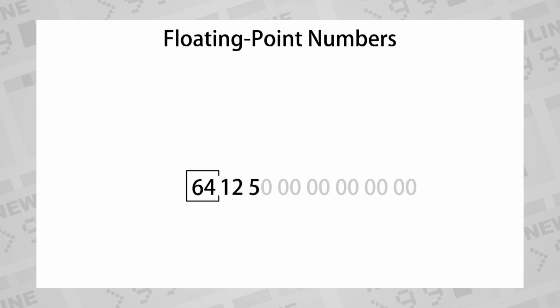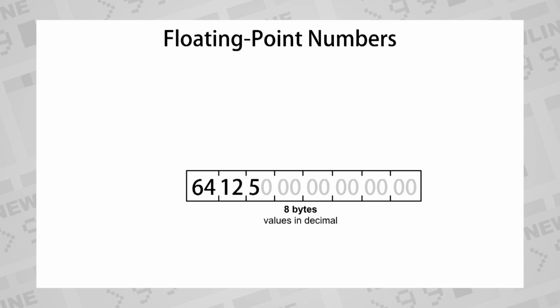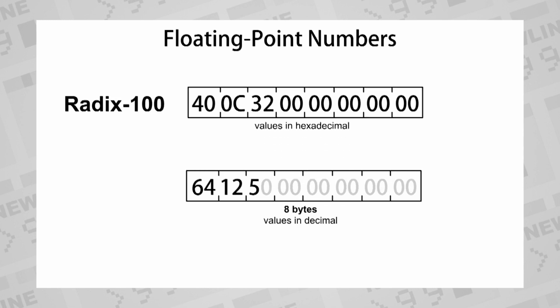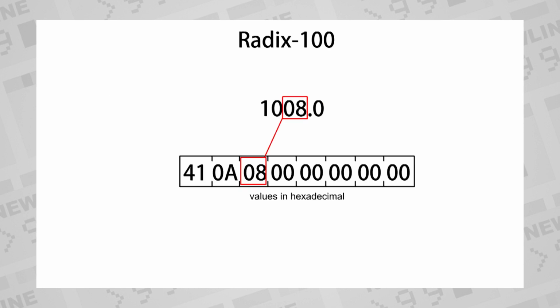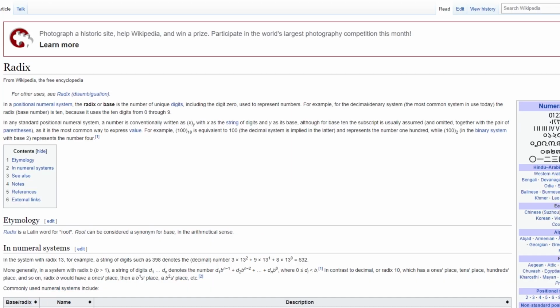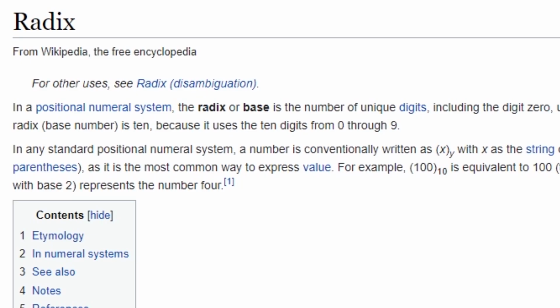On the TI-99, the floating point number is stored in an 8-byte space in a data system called Radix 100. In this format, the first byte is the exponent, and the remaining 7 bytes hold the digits of the mantissa, left justified, and each byte holds 2 digits of the mantissa, so that each byte has a value between 00 and 99, giving us 100 possible values for each position, hence the 100 in the name. In fact, the term Radix 100 means that it's a base 100 numbering system.